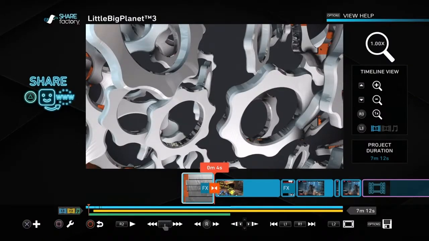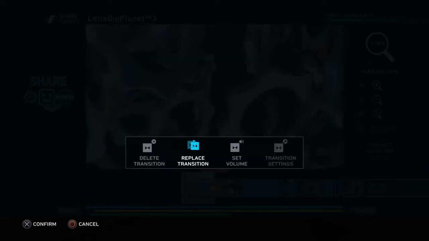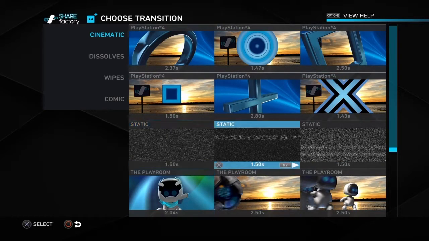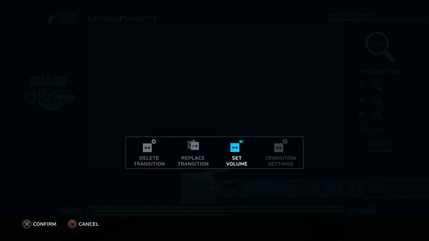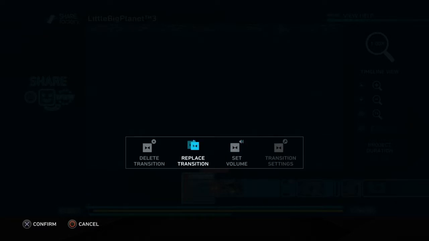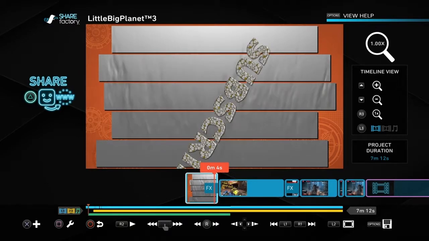When you press square on the transition, you get this edit transition option, which you can then use to replace the transition with whatever other transition you feel like. If you didn't like the other one, you can also set the volume for it if it's too loud or too quiet for your liking. So make sure to adjust the volume setting, and you can delete it, which is just getting rid of it